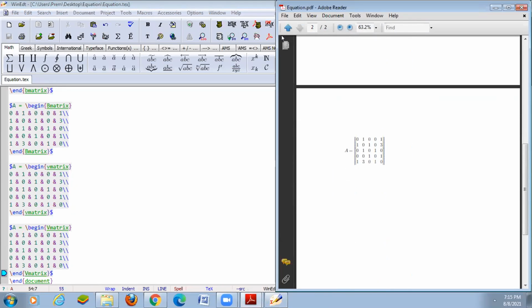So the modulus of the matrix is the value. So these are the different types of matrix.